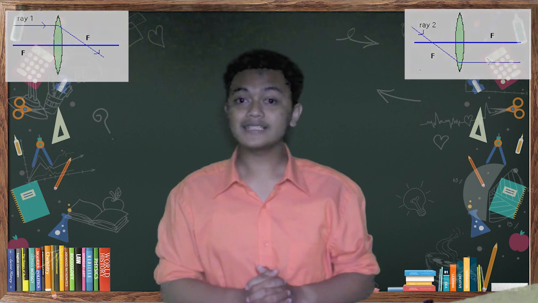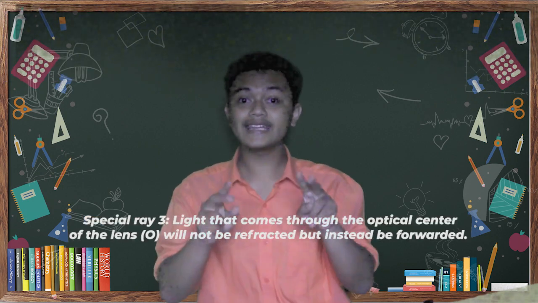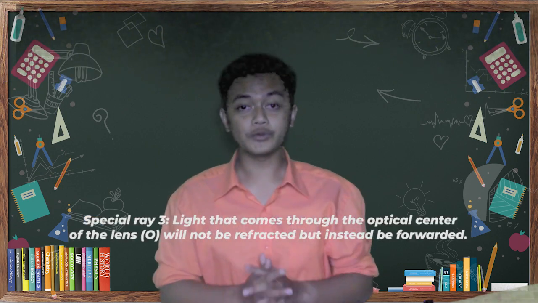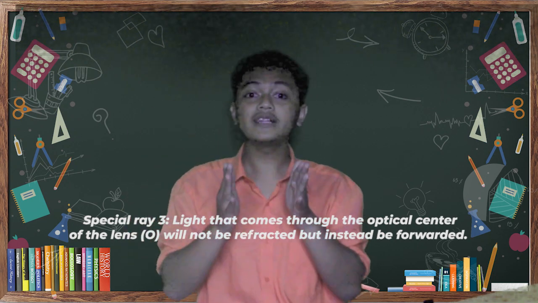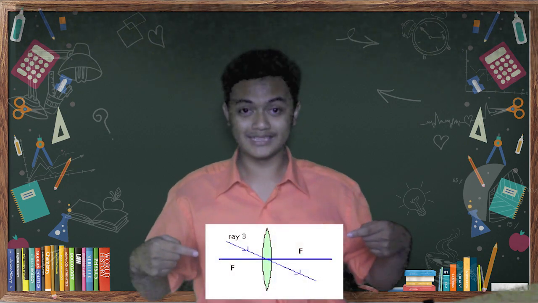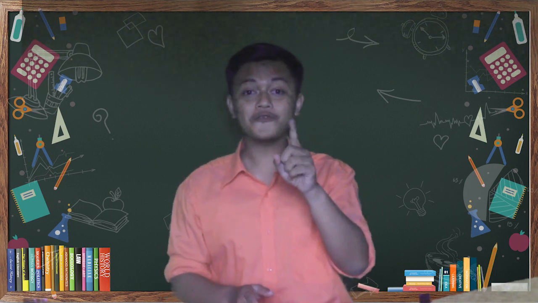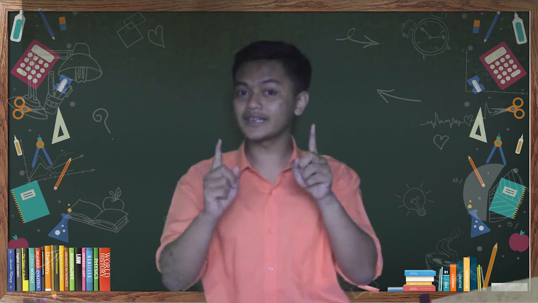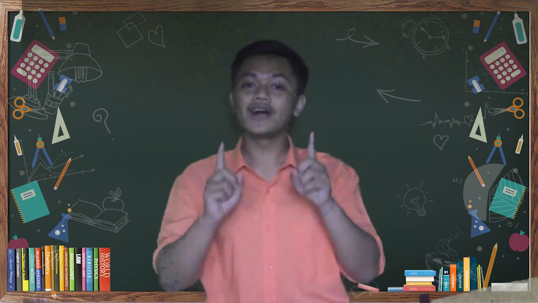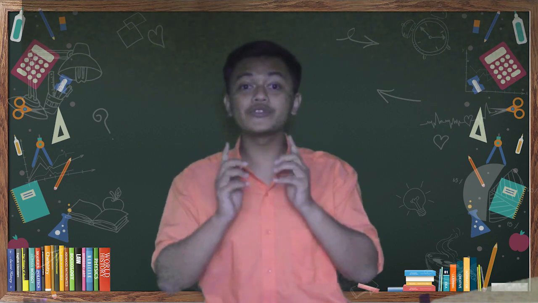And then the last ray, the special ray 3, says that the light will come through the optical center and will instead be forwarded. Okay, you can see the pictures. Okay, after we know about the special rays in the convex lens, I will tell you about the special rays in the concave lens. The concave lens, same as the convex lens, has 3 special rays, which are